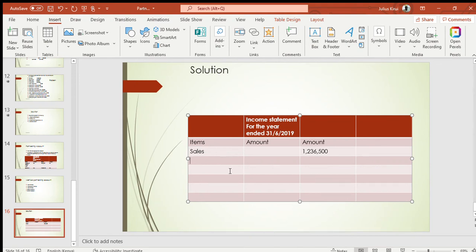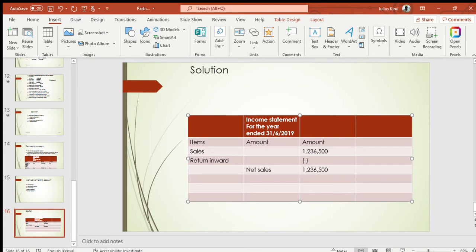The income statement. So let me just give return inwards, which is not there. But always remember, return inwards, you do what? You less, so that you get the net sales. So our net sales remains 1,236,500,